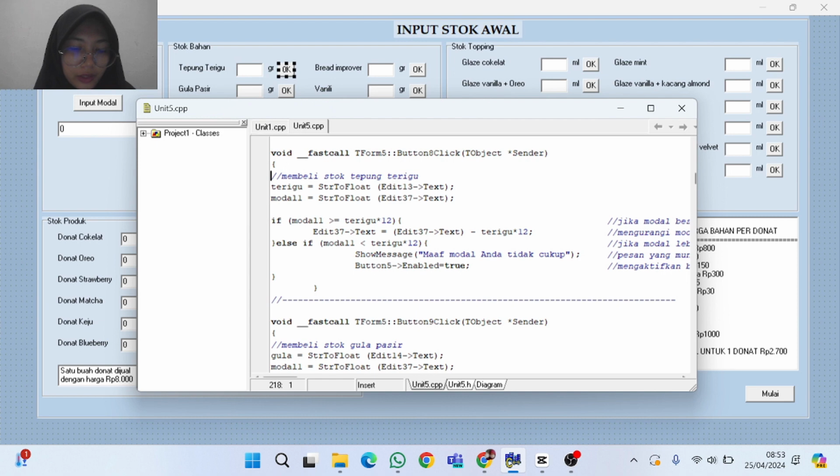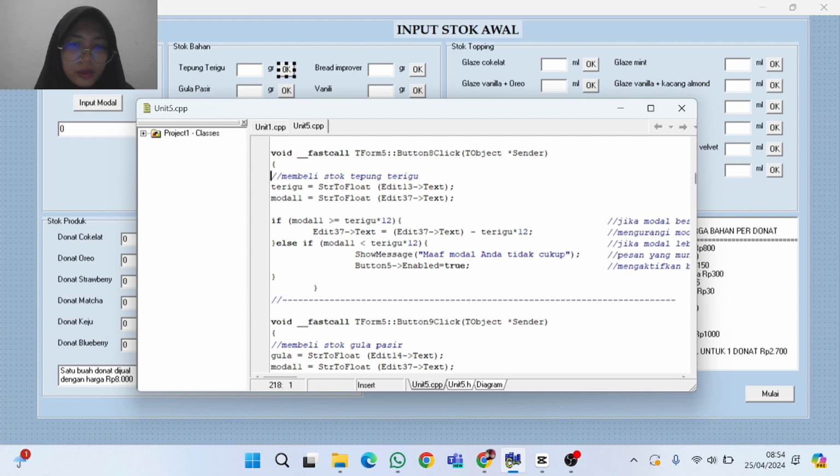I have declared all ingredients globally. This is the capital 1 that will be deducted for buying ingredients. I'm branching here as well.